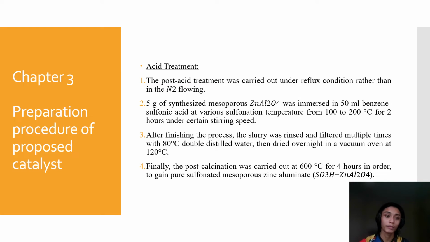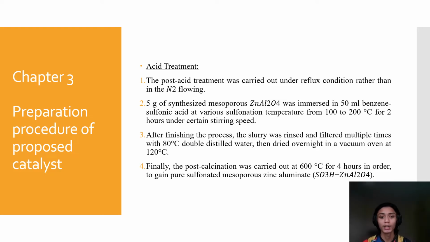All right, next up, we have the acid treatment for this catalyst production. The first step is that the post-acid treatment is carried out in a reflux condition rather than in nitrogen gas flowing. So 5 grams of synthesized mesoporous zinc aluminate is immersed in 50 milliliters of benzene sulfonic acid at various sulfonation temperatures ranging from 100 degrees Celsius to 200 degrees Celsius for 2 hours at a constant